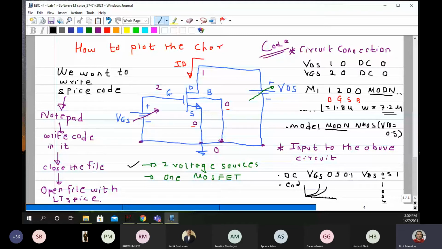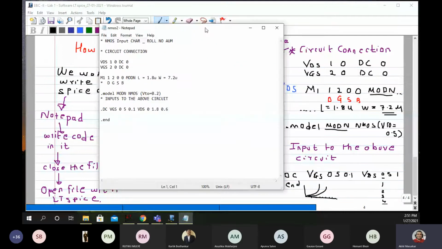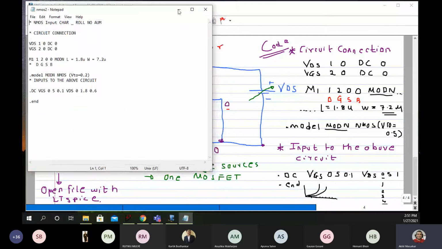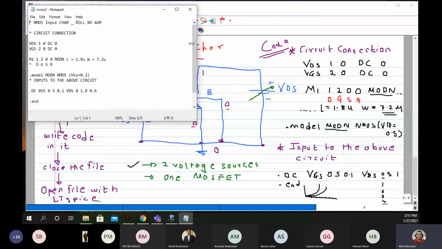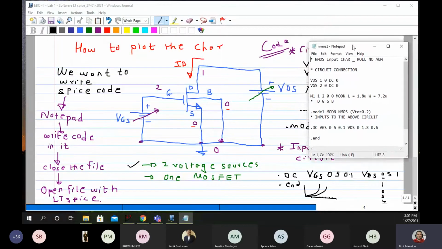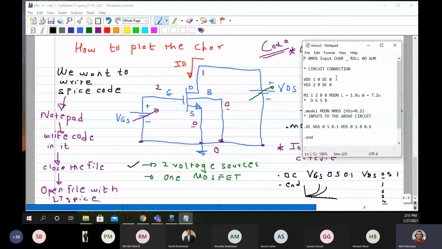So I will now show you the actual code in the notepad file. So the code should look like this. Please see the code. So instead of this code, I am just putting it here.